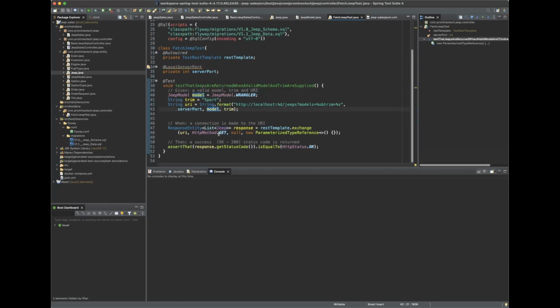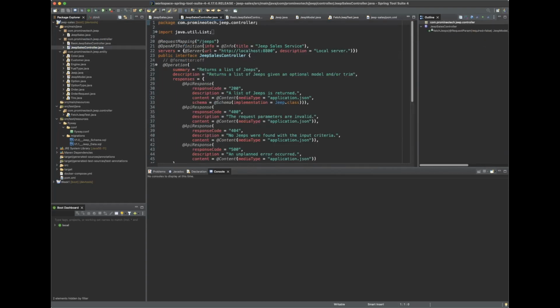Inside our test method, we send an HTTP request to the REST template using our model, trim, and then this statement. Then we use the assertThat statement to check if the response we get is equal to HttpStatus.OK, which is 200. We have another controller package inside our src/main/java, in which we have an interface named Jeep Sales